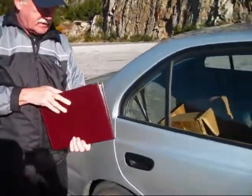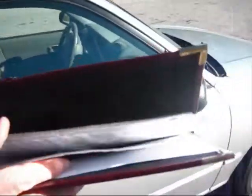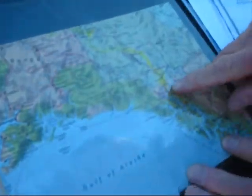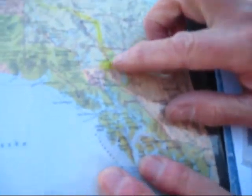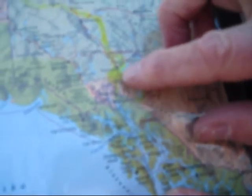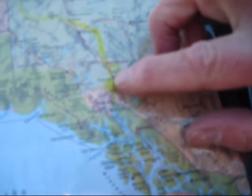Here I have some interesting things to show you. I have a map of the area. Right here is Skagway, and this is the inside passage. So you folks sail through there on your cruise ships, and you came to Skagway, and so did the prospectors. They hiked up the pass we just drove up, and they were carrying all that ton of goods on their back. They went to Lake Bennett, which is